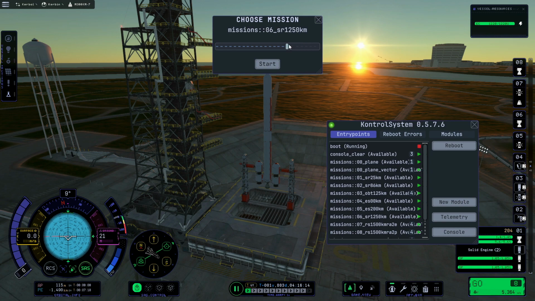I didn't check the pre-release. This is the release 0.5.7.6 of Kontrol System, but there is a pre-release 5.7.7 where I can have a scrolling list to choose my mission. And for the next episode I'll try to do that new UI to select from a scroll list. That could be great. And also I can do that from now, but I want to